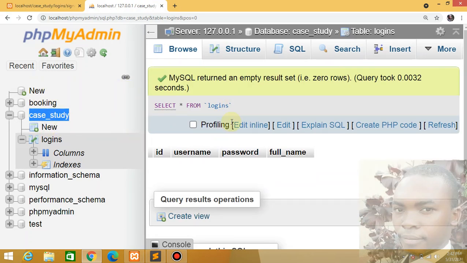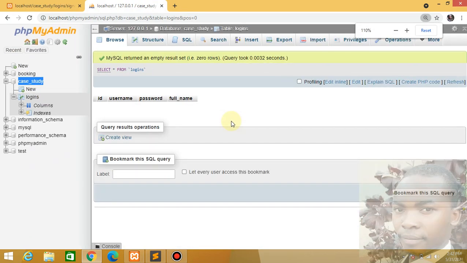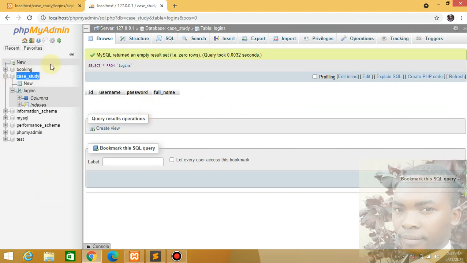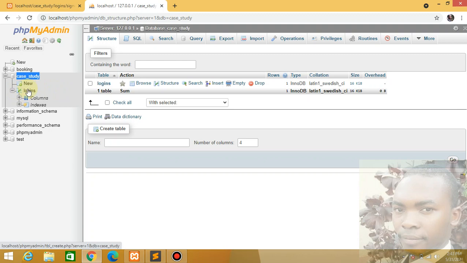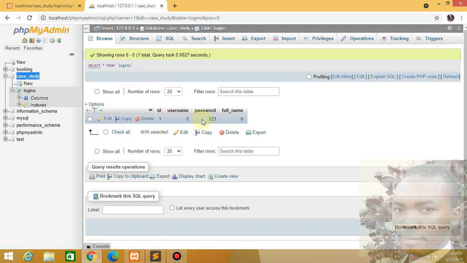So if you come to the database here, in case study we have the table called logins. So when I browse this table, pretty nice, we have the username, ID is 1, the username is 0, and the password is that, and